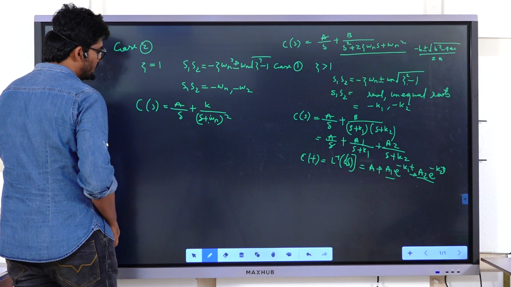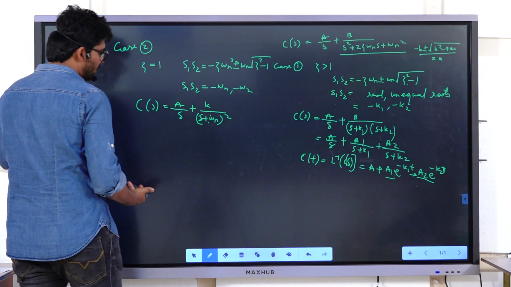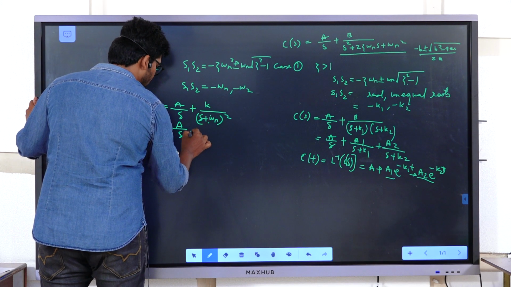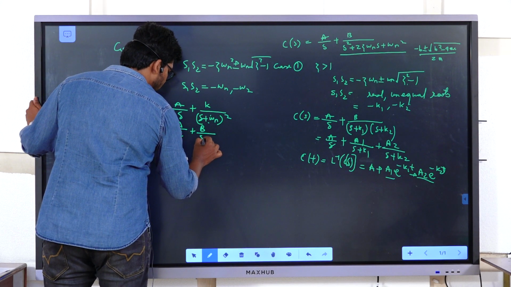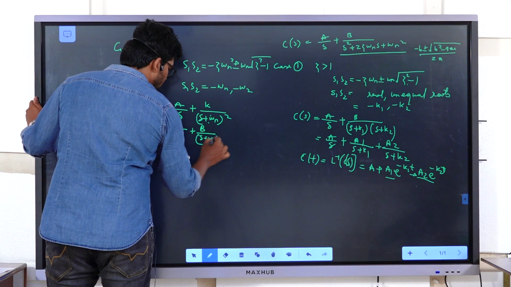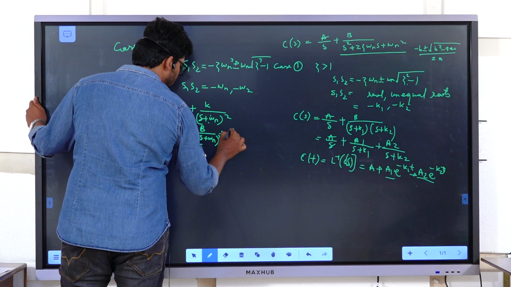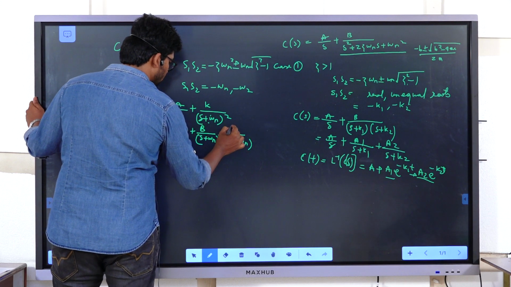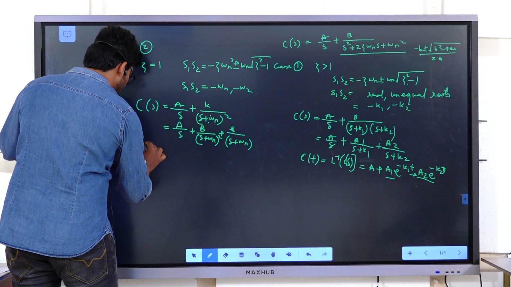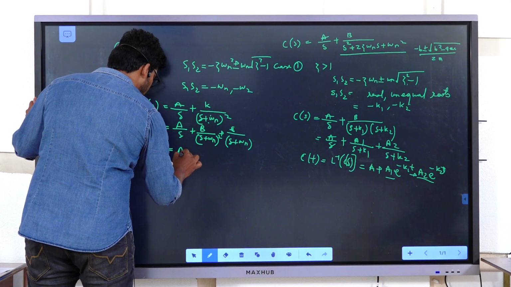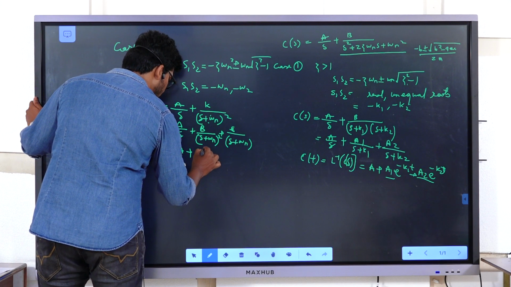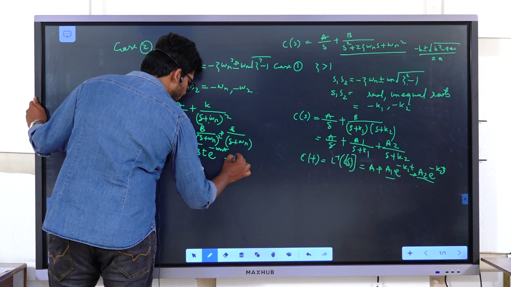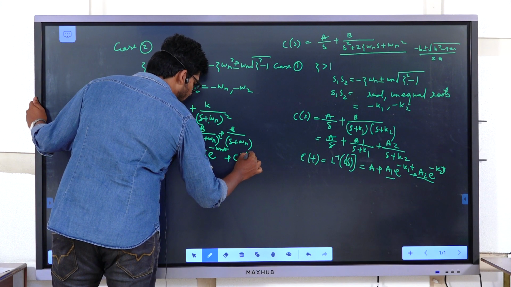Okay, so this is the equation. If you want to do the Laplace for this, what you will do is partial fractions: A by S plus omega n, whole square, plus B by S plus omega n, plus C by S plus omega n. If you do the inverse Laplace, you obtain c of t equal to A plus B into t into e power minus omega n t plus C into e power minus omega n t.